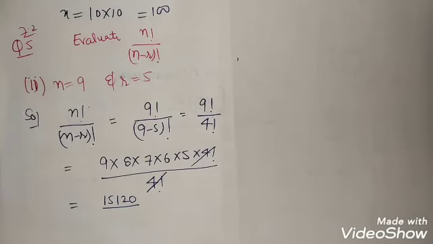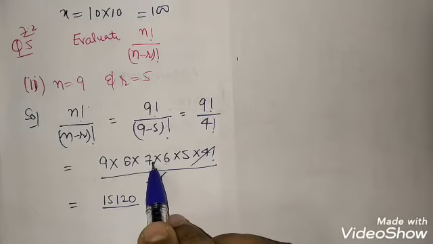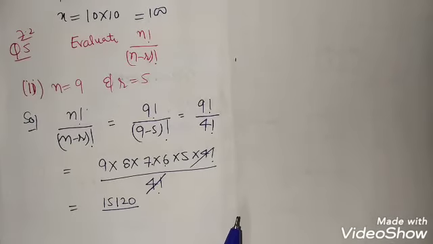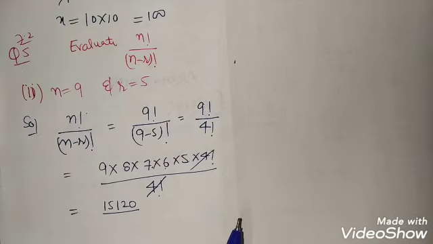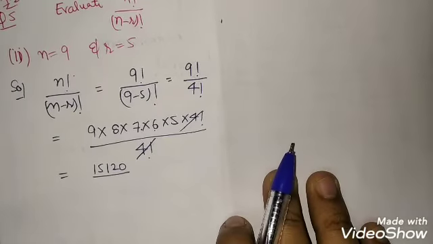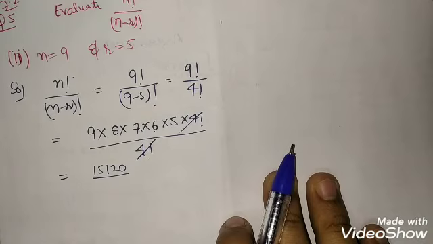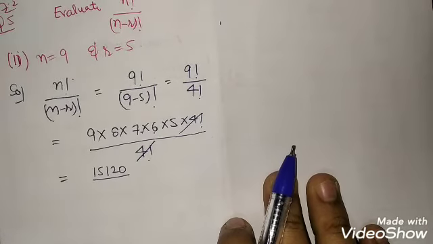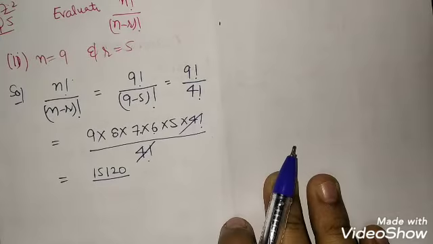If I am not wrong, see, 5 6s are 30, 5 6s are 30, 3 7s are 210. 210 multiplied by 72. This is basically 15120. Okay, you can easily do exercise 7.2, question number 5, first part by yourself. Okay, moving